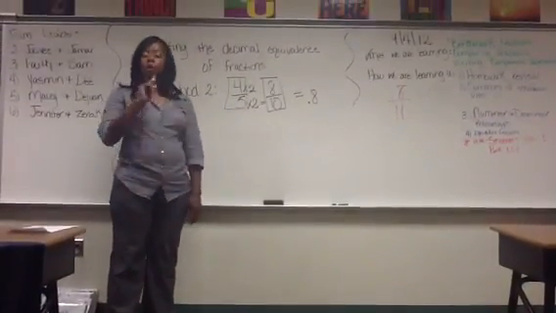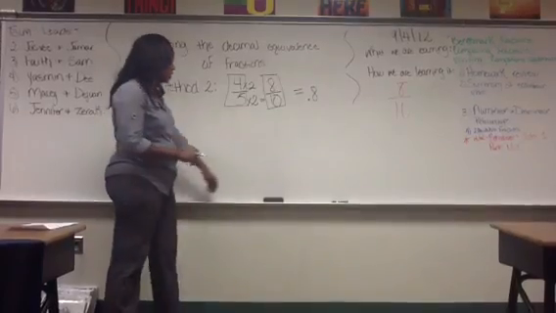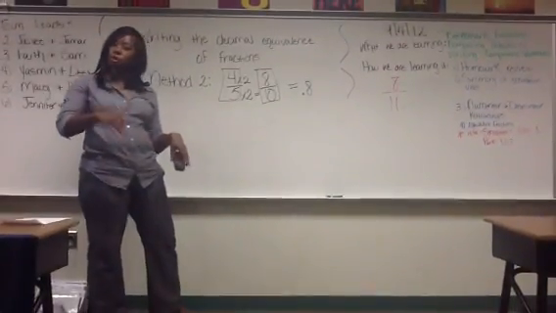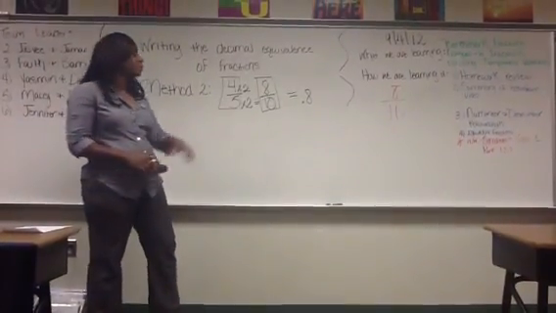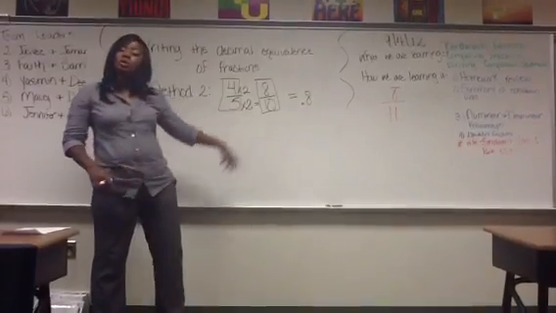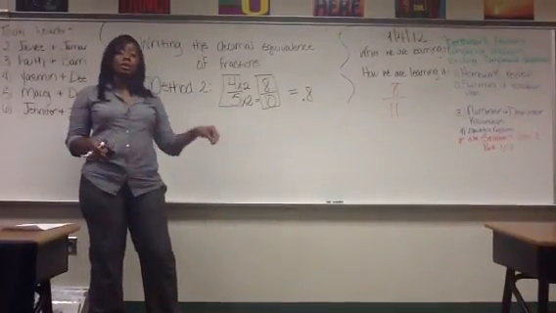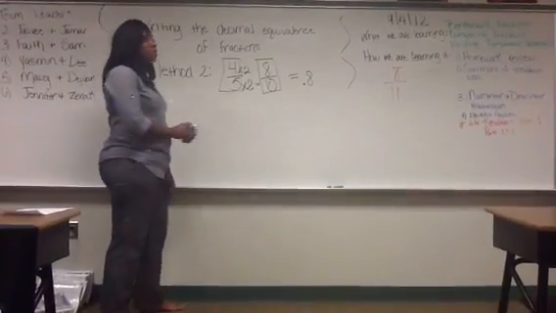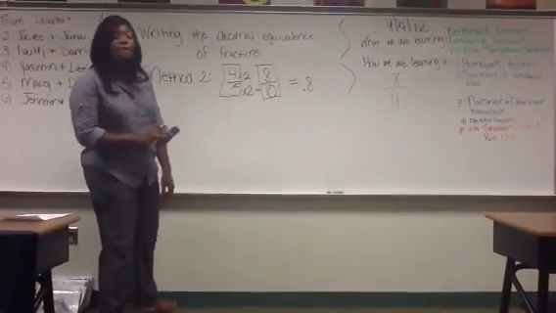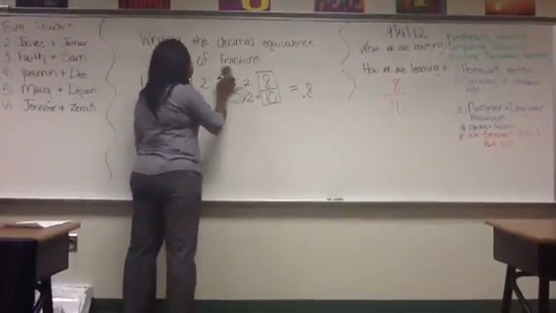Okay, we're going to do a couple more of those that are just like that. Actually, we're going to do a few more of those because there's a couple of ways you can do it. We multiply. You can also find equivalent fractions by dividing. We learned that all this week and all last week. Okay, so we're going to try a few of those. The next example is